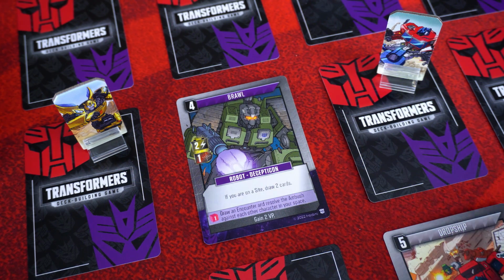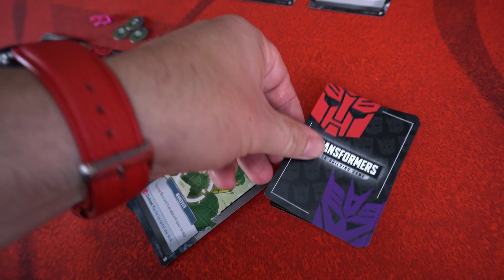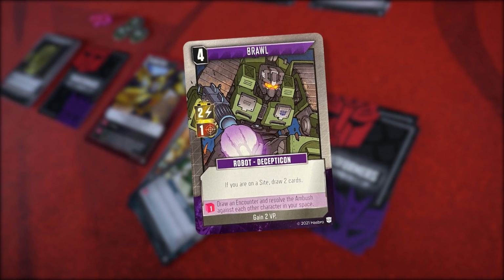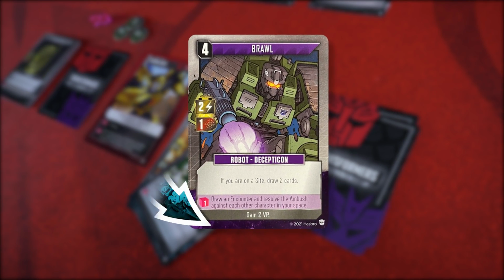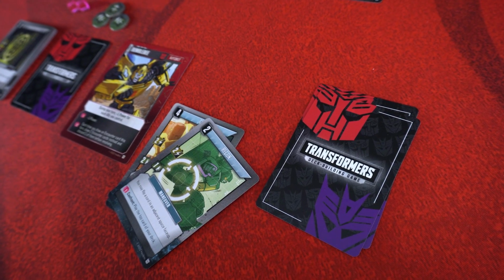To battle a Decepticon robot, also referred to as an adversary, pay the cost listed on their card and add them to your vault. When you add an adversary to your vault, gain the reward listed on the bottom of their card. You don't play with the cards in your vault, but they will earn you points at the end